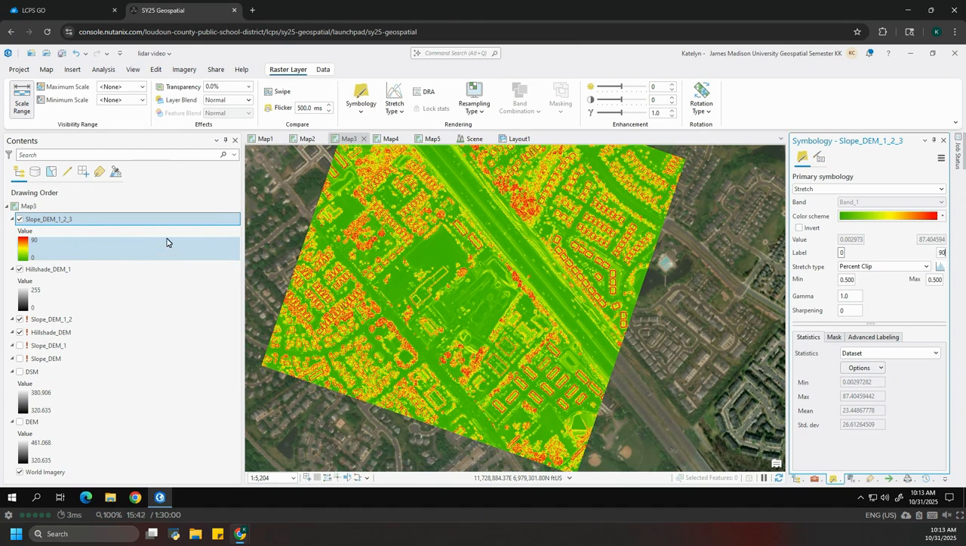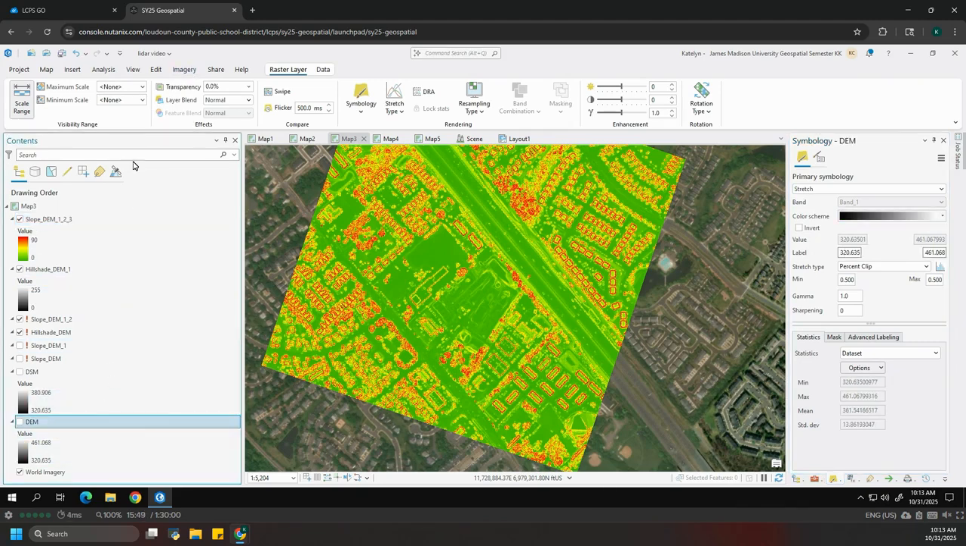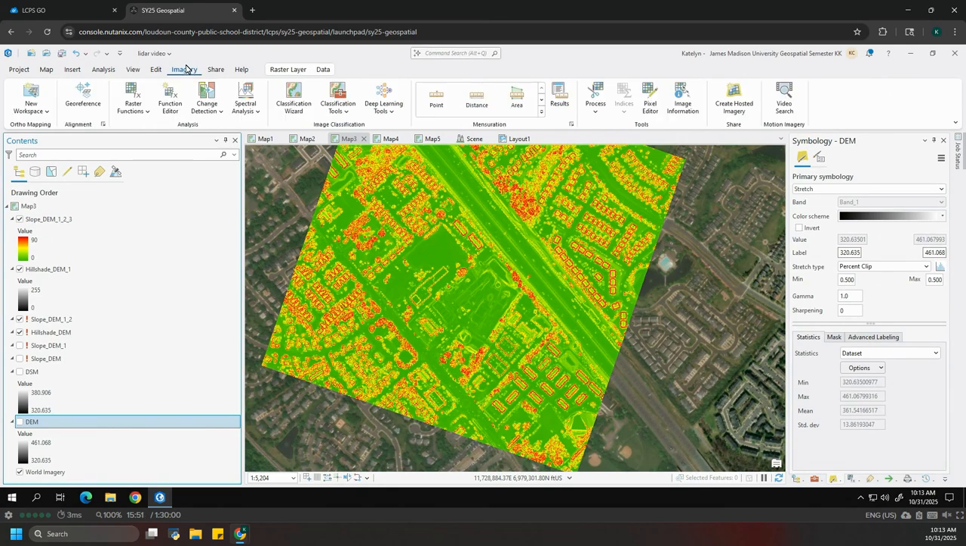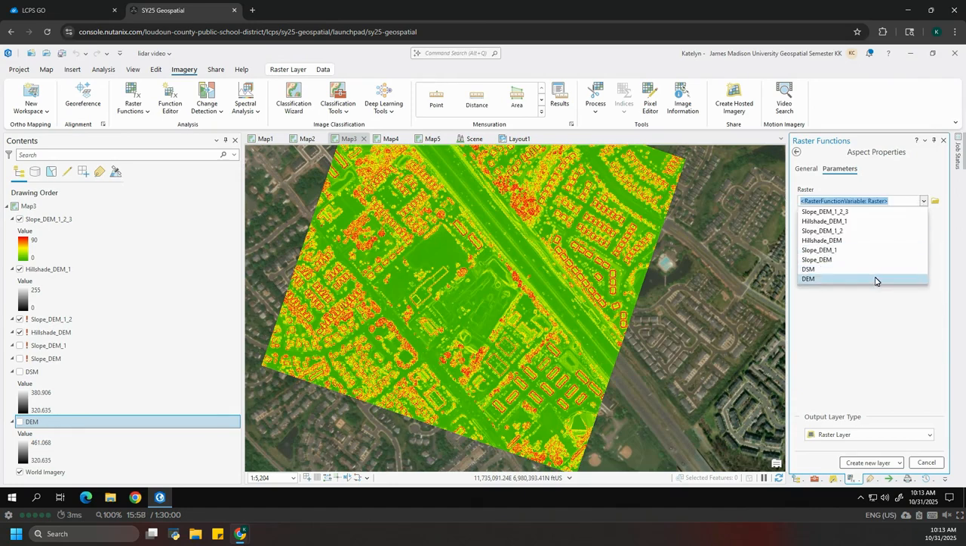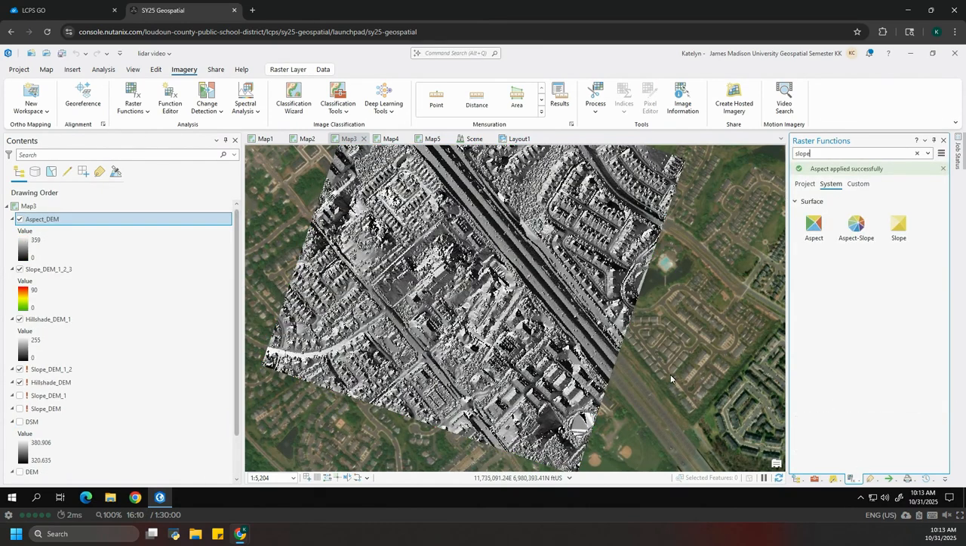So the other one is aspect, and we're going to go right back to raster functions. We're going to be on the DEM, go to imagery, raster functions, and this time we're going to run aspect. What aspect is, it is the direction of the sun. So we're going to go ahead and run that on the raster DEM. Again, this one has one parameter. What raster are you running? Nothing else matters. And this is a bit confusing to begin with, but it is 0 to 360 degrees,